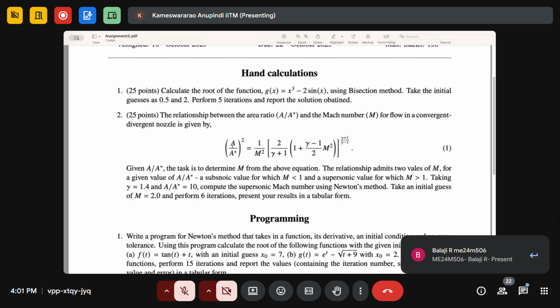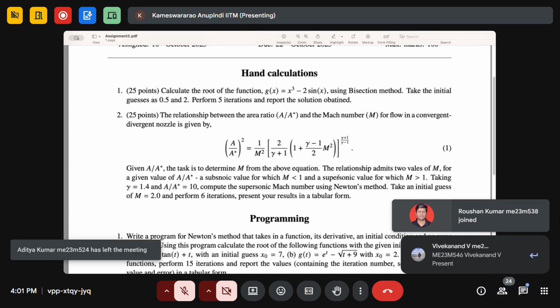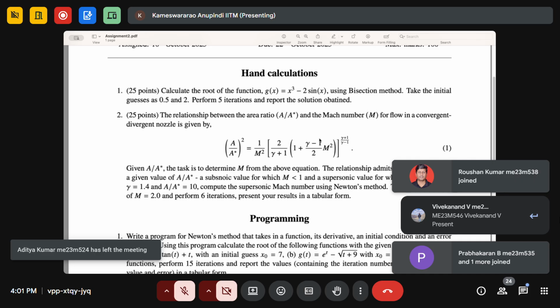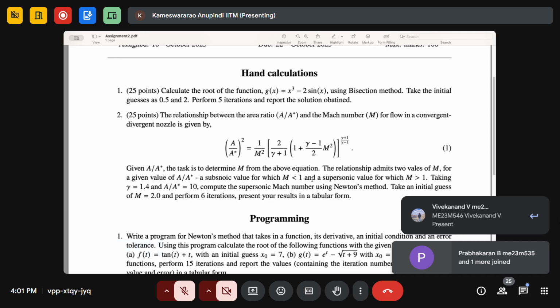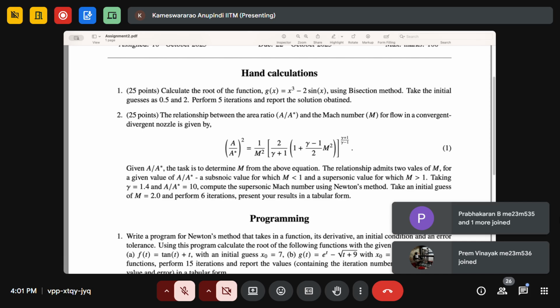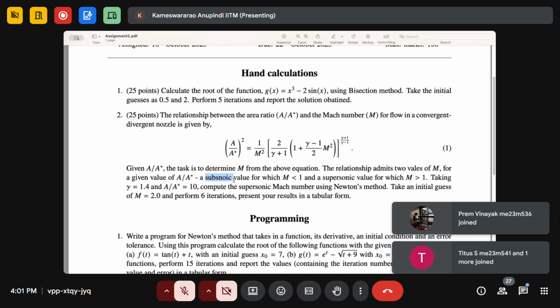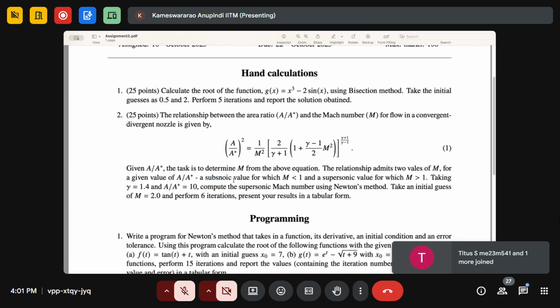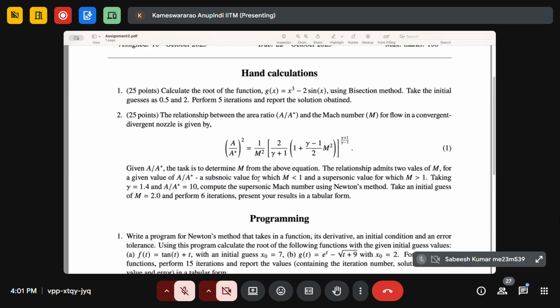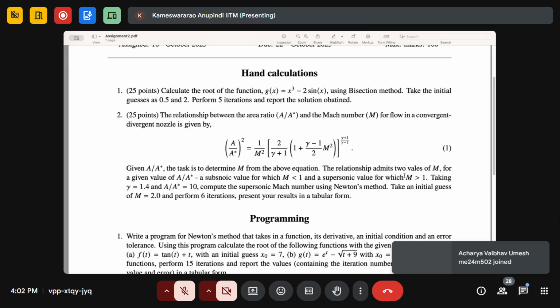In other words, if we know the area ratio, then what will be the Mach number of the flow? Because this equation is in M squared, there are two values of M for a given value of A by A star. One value will be less than 1, which corresponds to a subsonic flow, that is, a flow happening at less than the speed of sound in that medium. There is a typo here, it says subsonic but should be subsonic. Another one will be greater than 1,